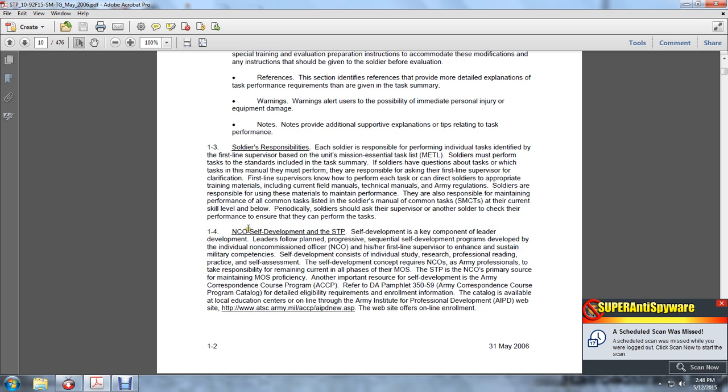Section 1.4, NCO self-development of the standard training publication. Self-development is a key component of leader development. Leaders follow planned, progressive, sequential self-development programs developed with the individual non-commissioned officer, NCO, and his or her first line supervisor to enhance and sustain military competence. Self-development consists of individual study, research, professional reading and practice, and self-assessment. It requires the NCO, the Army professional, to maintain currency in all phases of the MOS, STP. The non-commissioned officer's primary source for maintaining